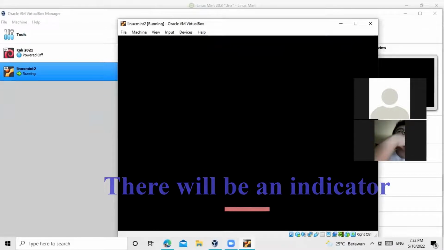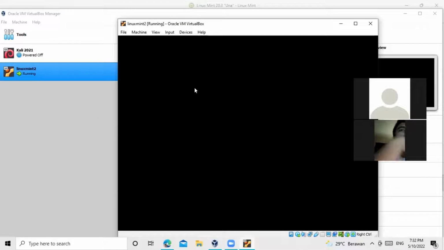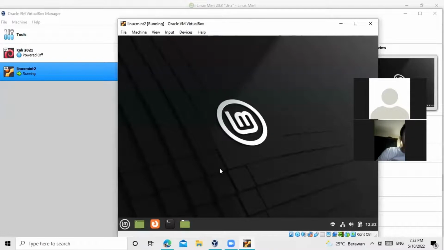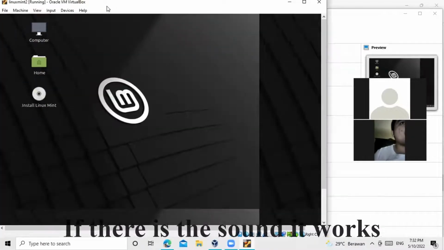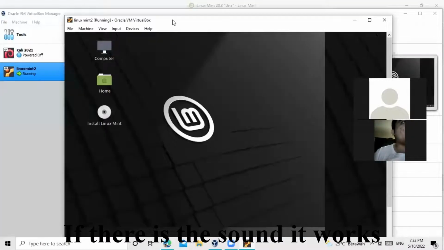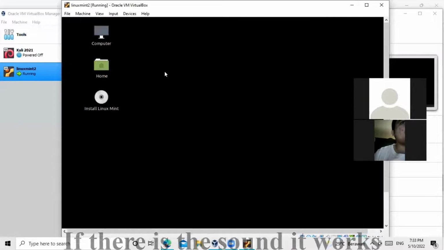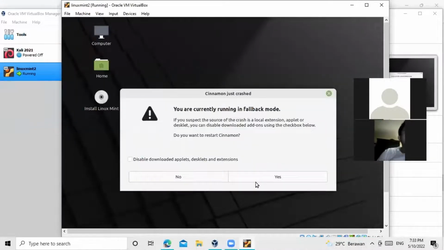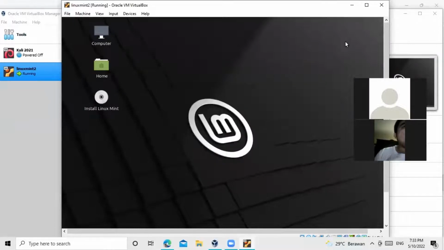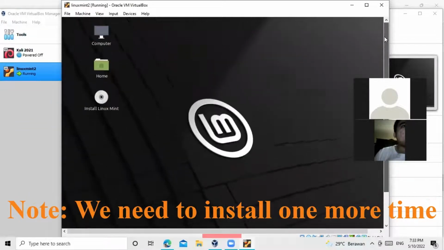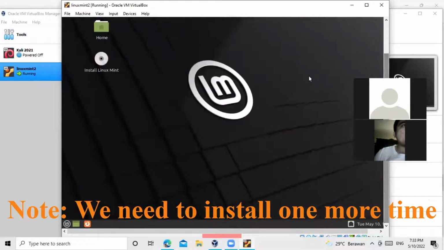It may take some time depending on your internet connection. And it will make this sound, which means that Linux Mint has started, but if this one appears, just click on no. And be careful, you may think that it's already installed the Linux Mint, but